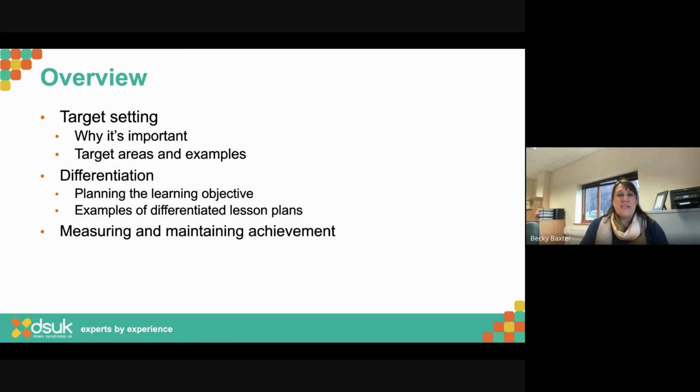So again, I'm going to look at differentiation. I've got lots of examples to share with you before we finish on how to measure what progress is being made in schools, because I'm sure you're all making loads of great progress, and how to maintain that. Sometimes we work on something and crack it, it's brilliant, then we go to work on something else, and when we come back we've forgotten it. If we're not using it, we're not necessarily going to retain that information.